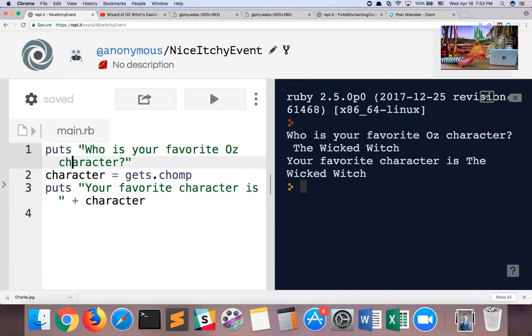So the first line says, who is your favorite Oz character? It tells Ruby. Ruby tells the computer, take those words and put it on the right side of the screen. Then we say character equals gets.chomp, which says, let's do the gets.chomp. Let the user type something in. And whatever the user types in, we're going to store that temporarily in this variable called character. We can then use that box, that variable, later in line 3, where we say, puts your favorite character is